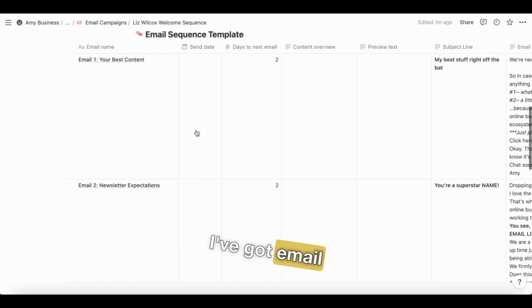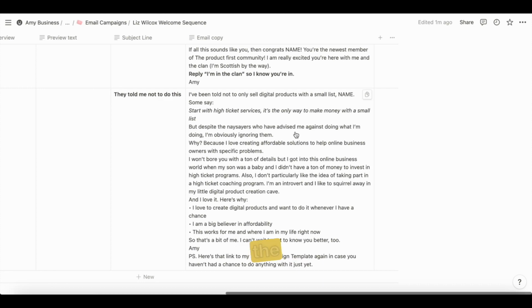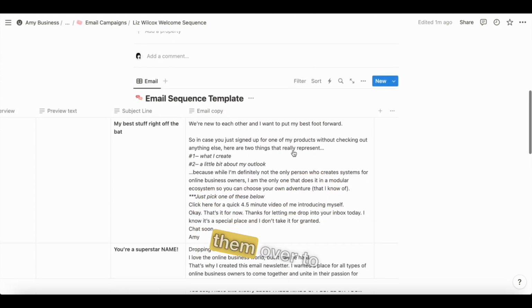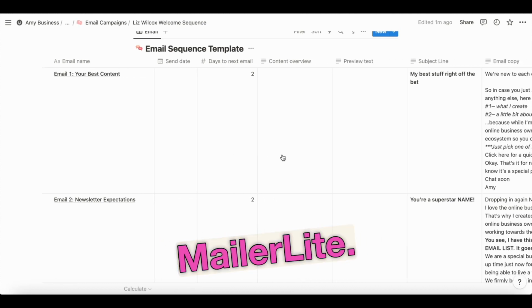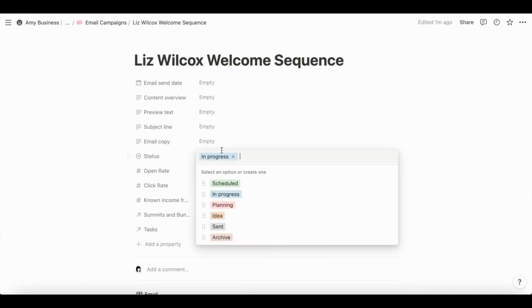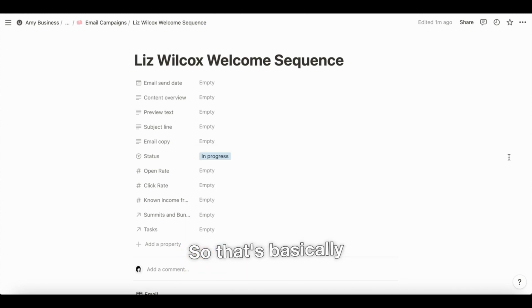So you'll see I've got email 1, email 2, email 3, and I've got the information for my emails in here, and then I can transfer them over to MailerLite, and once they're all in there, I will change this to sent because it's dealt with. I wouldn't archive it because I want to keep an eye on how my welcome sequence is doing. So that's basically how I would plan an evergreen